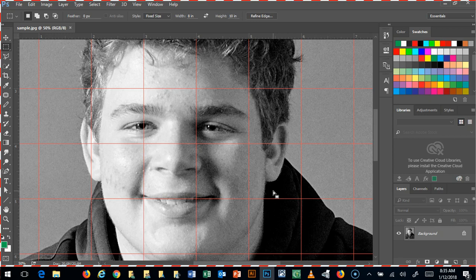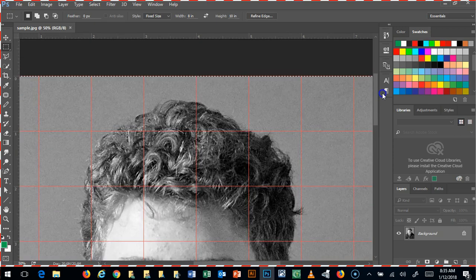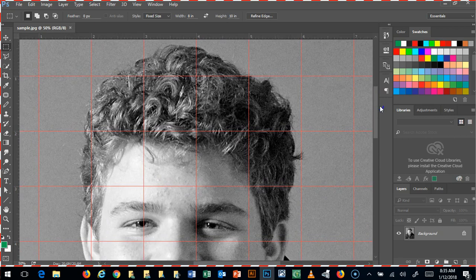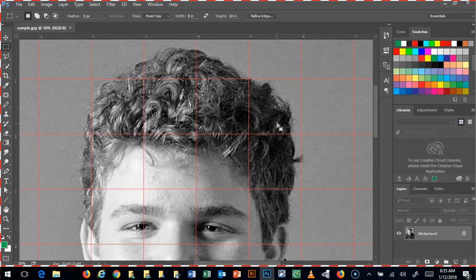Now, personally, in the past, I have printed out portraits for people and people have worked from the printout. However, I think it's handy to just have your computer open and have Photoshop open and work directly from your monitor, because this way you can zoom in and zoom out. You can't do that with a printout. However, if you want a printout of this,